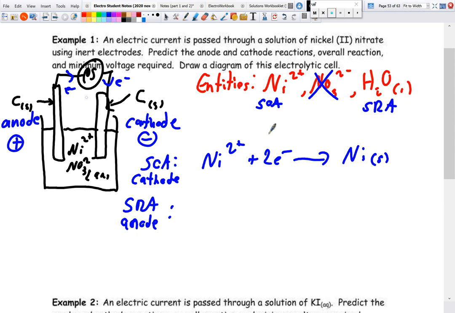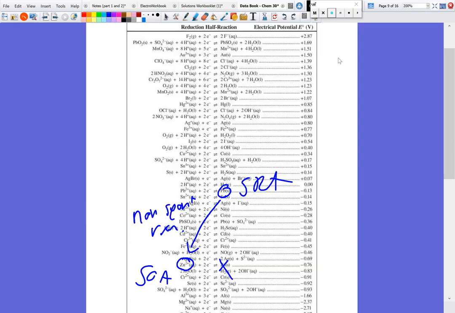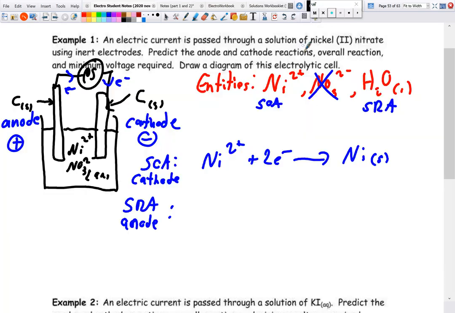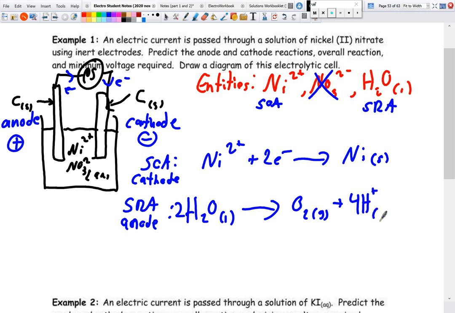For that one you do have to be careful because this one is up here, right? We have this reaction. This is our strongest reducing agent. So we'll write that in. We got H2O liquid producing O2 gas plus 4H plus